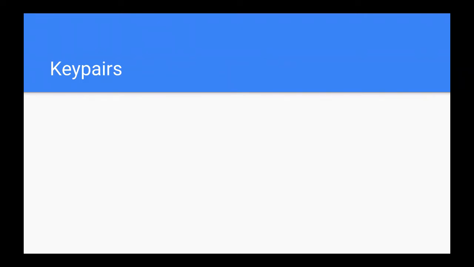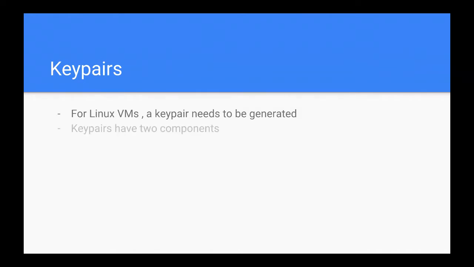If you're familiar with Linux, you could authenticate to Linux using multiple ways. One of them is using key pairs, or public and private keys. If you're using Linux VMs in the cloud, you need to generate a key pair for that. The key pair will have two components. The first component is the public portion, which is injected automatically by the cloud inside your VM. The second is the private portion, which exists on the user side in this case. You will have the private portion of the key pair, and you will use it to log into your